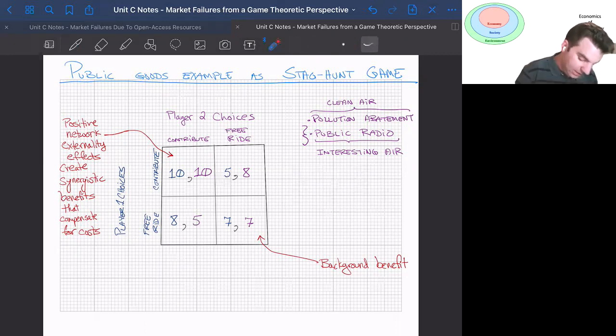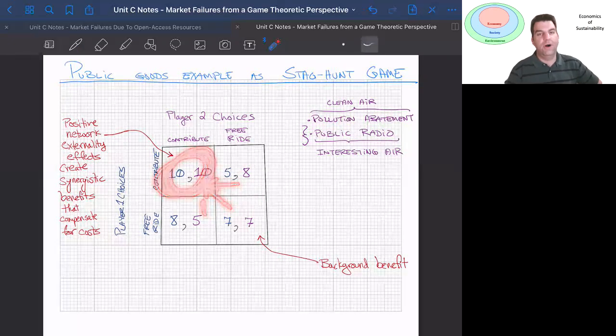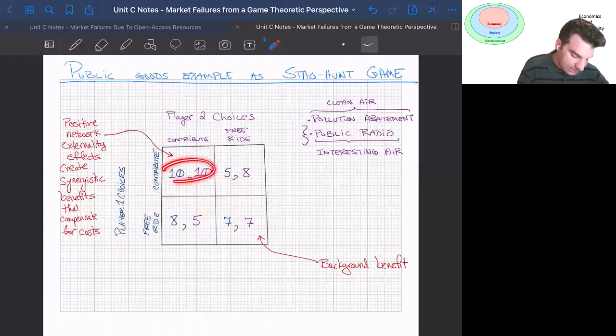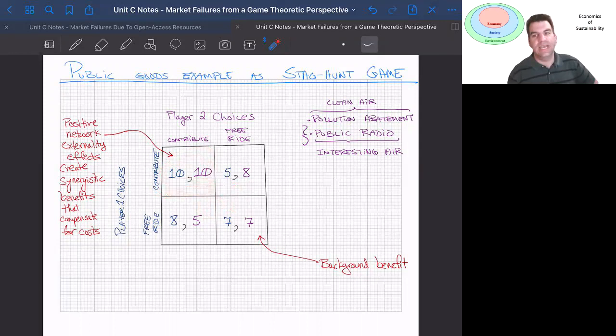And so we can see here that the free rider benefits from the effort put in by the contributor, and the contributor pays. And so this corner over here is a Pareto improvement from all of the other boxes. This is the socially efficient solution here. This is where you kind of want society to be. But because of this